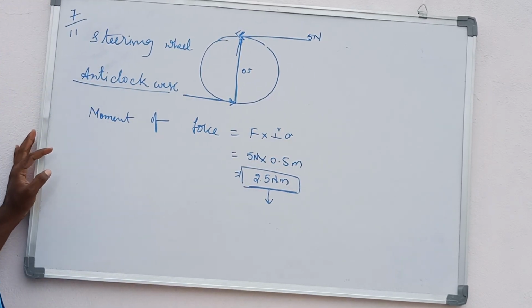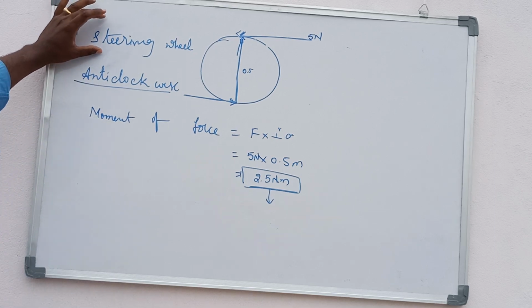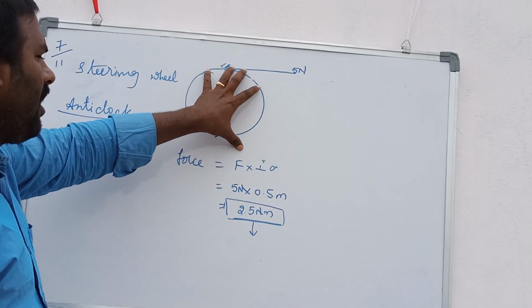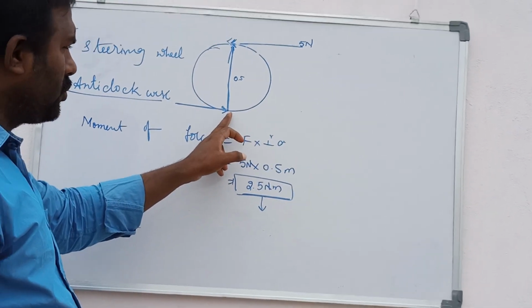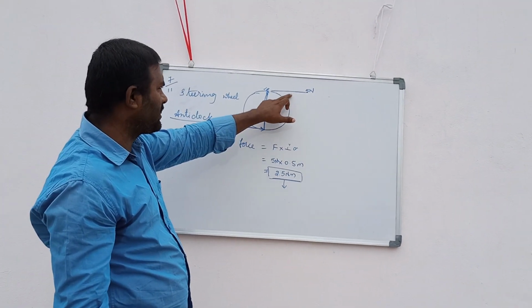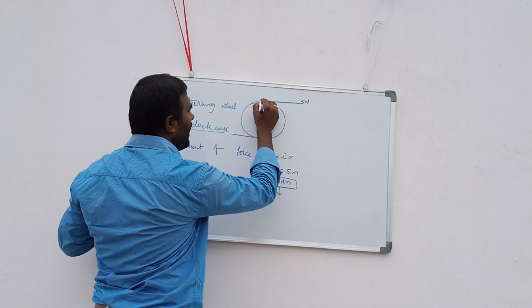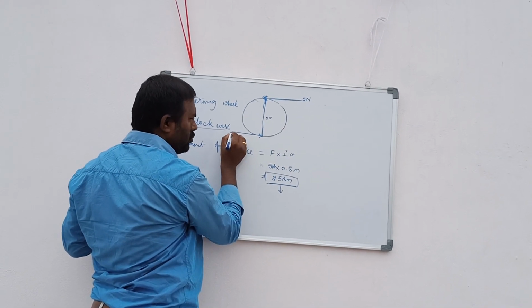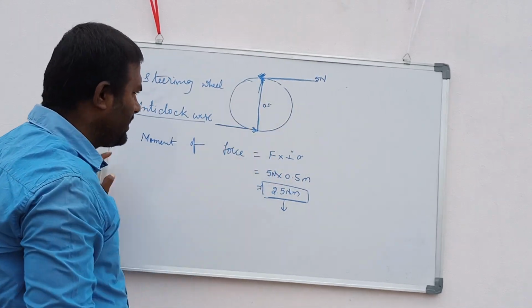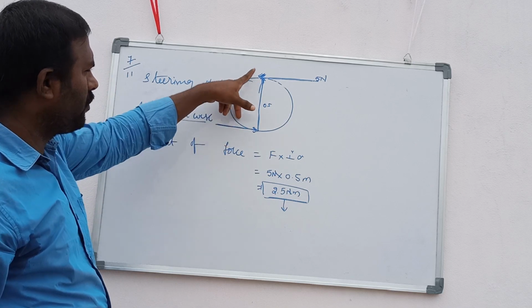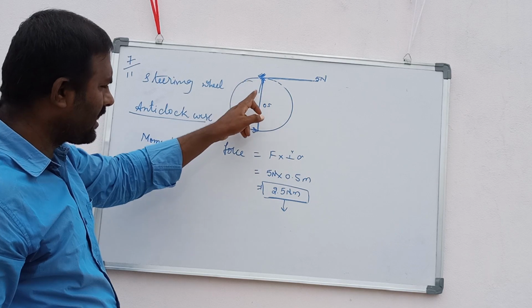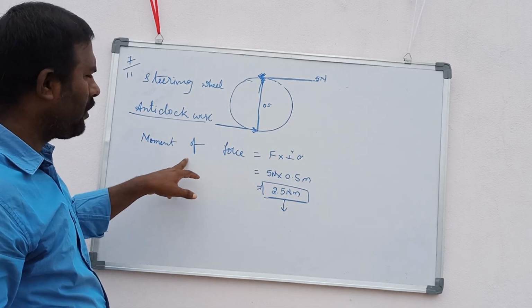Understand? So they will ask the question like this: draw a diagram. In that they will give the question, a steering wheel of diameter 0.5 and show that it is rotating in anti-clockwise direction. We have to show the force direction so that it will move anti-clockwise. They ask to show two forces, in this one and in this one. This is one direction, this is another direction. These are the two forces. This is the diameter, and this acts as the distance for this moment of a force.